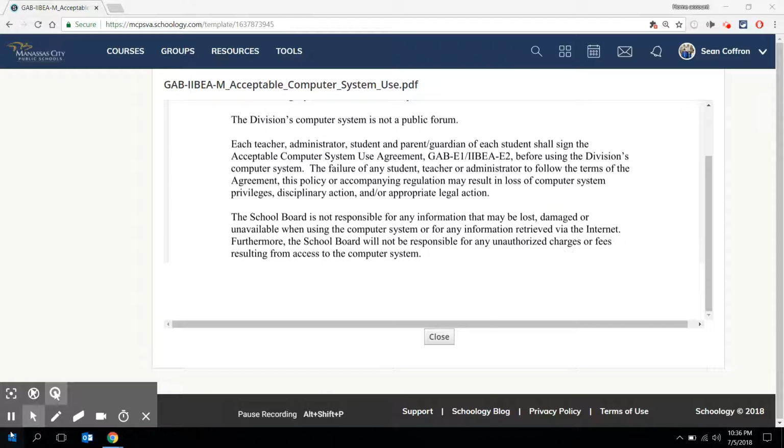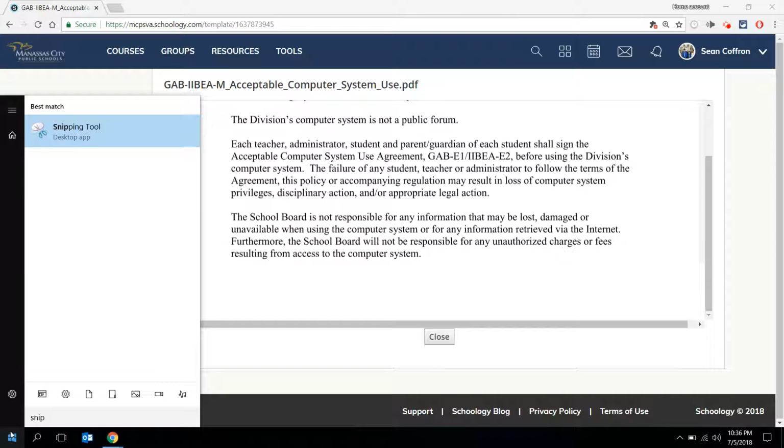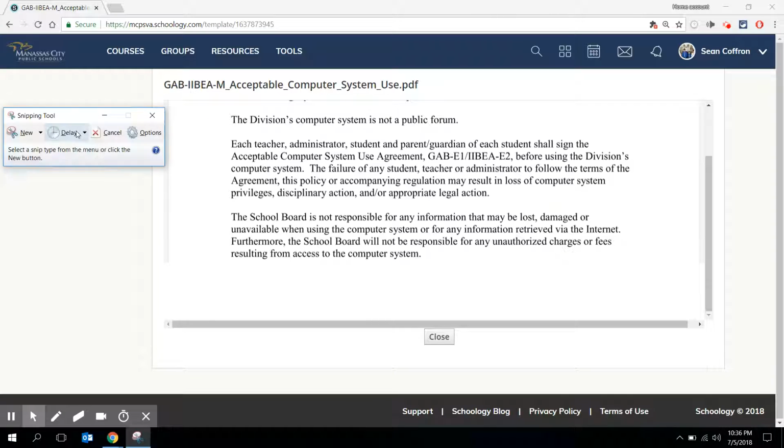I'm going to go to the Start menu, and you'll notice the snipping tool does not appear in the taskbar. But what I'm going to do is type in SNIP for snip, and you'll notice that it appears in the menu here. I'm going to click on it and that will open it. I'm going to click on New,